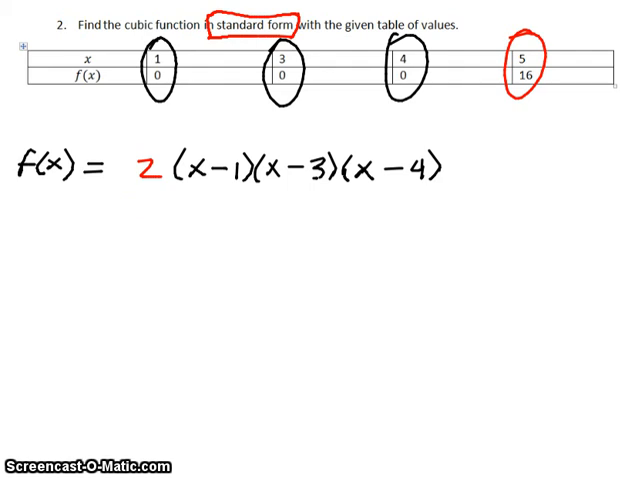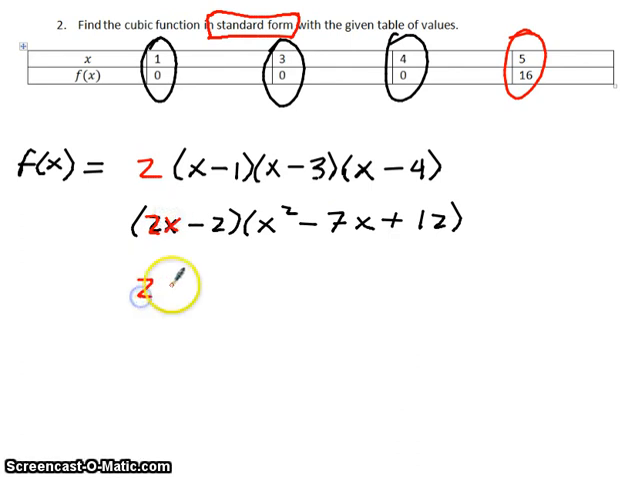We have to put it in standard form, so we have to multiply together. Let's go ahead and do so. I'm going to distribute the 2, and I'm going to multiply x minus 3 times x minus 4. And let's see here. We'll start off with 2x times x squared, which is going to give us 2x to